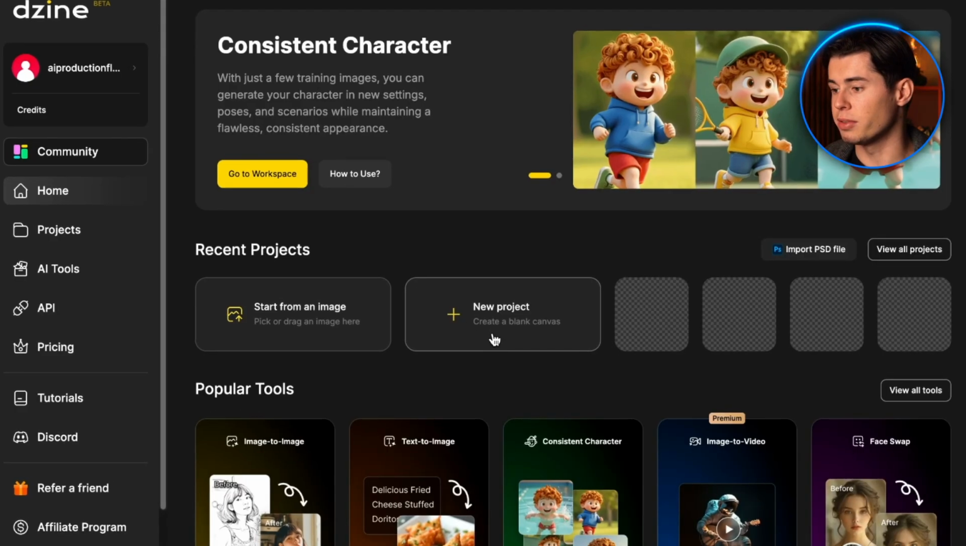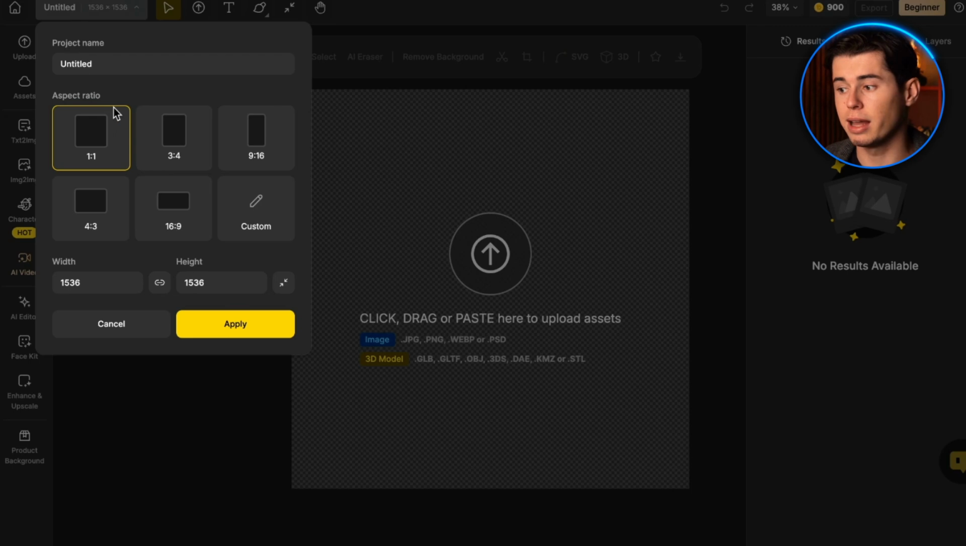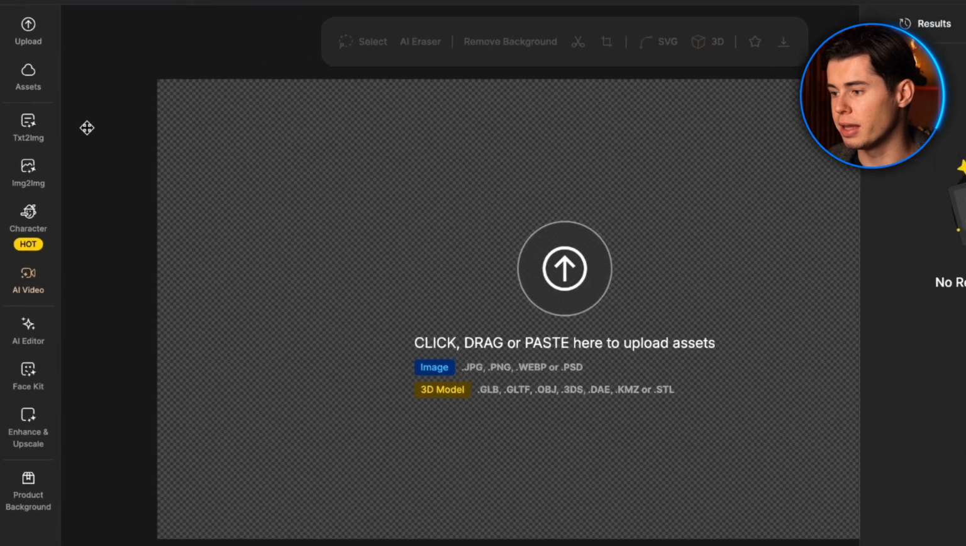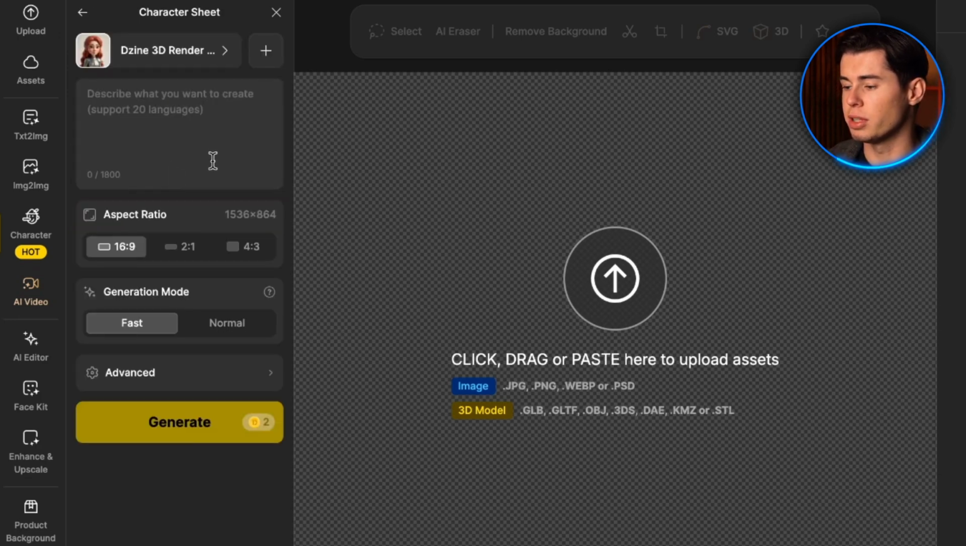I'll head over to the website and click on New Project. First, I need to select the right aspect ratio. I'll go with 16:9 since it gives us plenty of space to work with. Now, looking at the left toolbar, I'll click on Character, where I see three options. The Consistent Character tool requires training images, but we're going to start with the Character Sheet tool to create our